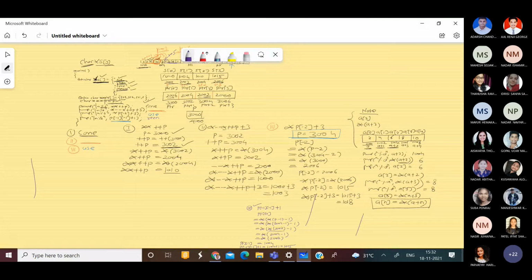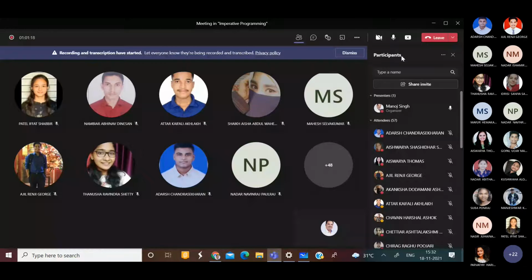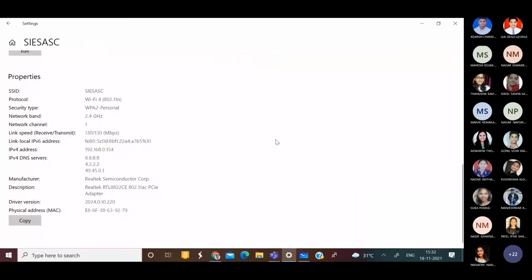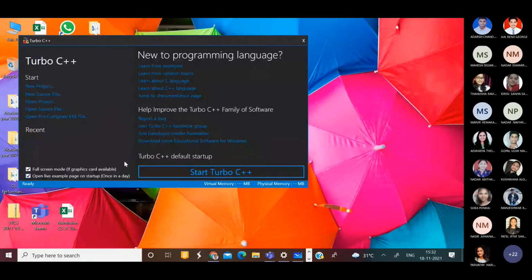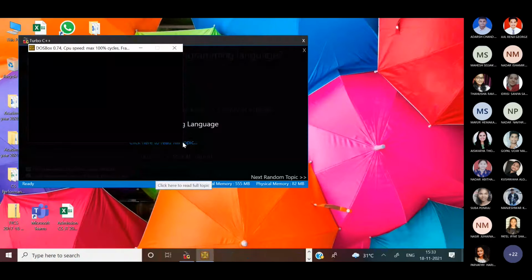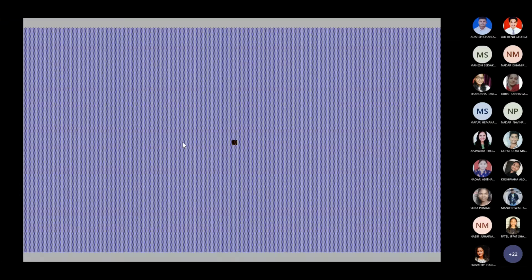Now we'll practice this with the help of a program. The program was a little bit heavier today. It was not as easy as what you have seen last time.